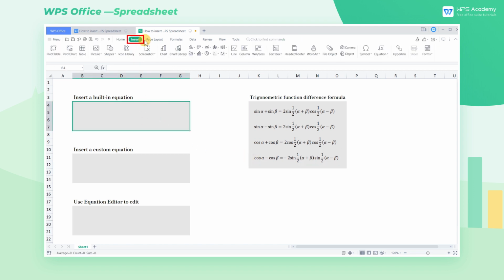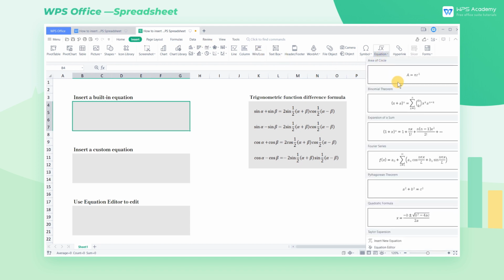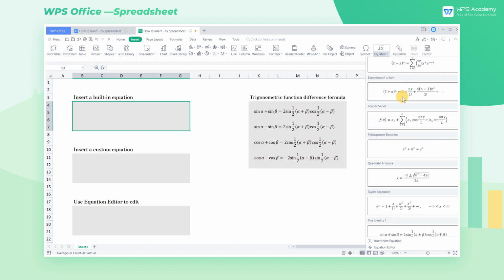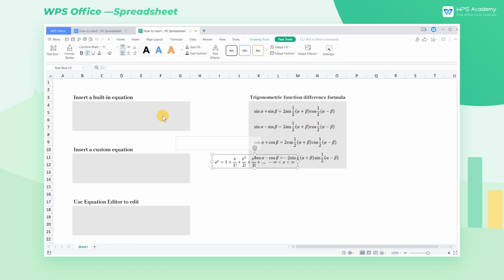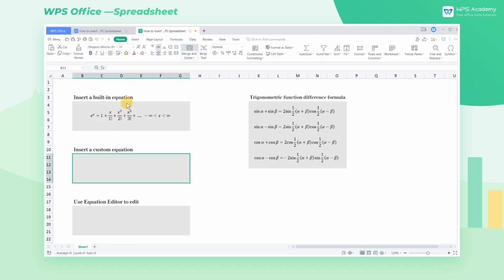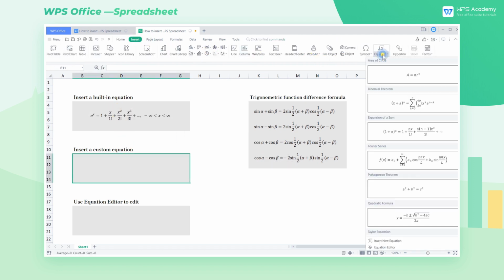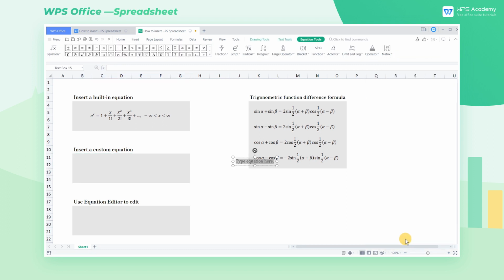Click the Insert tab at the top of the screen, then click the Equation button. Here, WPS Office presets a variety of commonly used mathematical equations for us, which can be quickly added by clicking. If you can't find what you want in the drop-down menu at Equation, click Insert New Equation to customize your